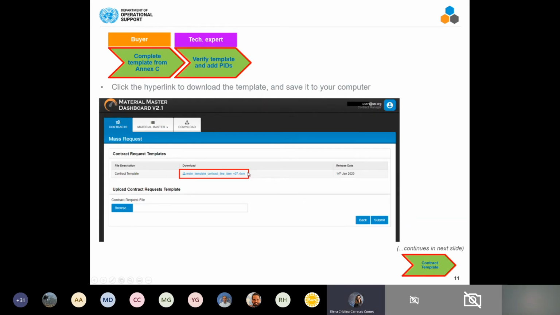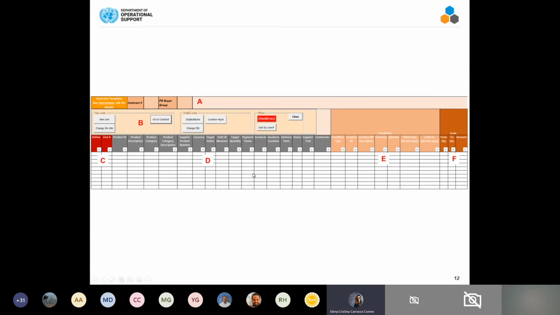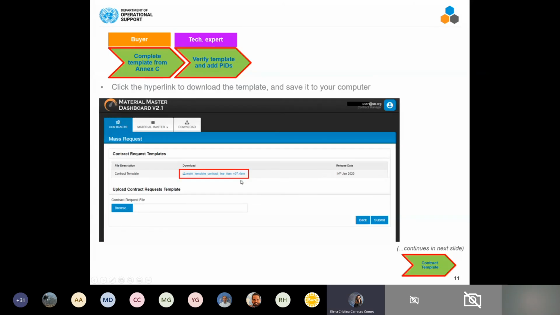And once you click on the contract request button, you will have the file here. This is the template where you just need to double click in order to download it. And then you need to save it on your computer. In order to save it, the template